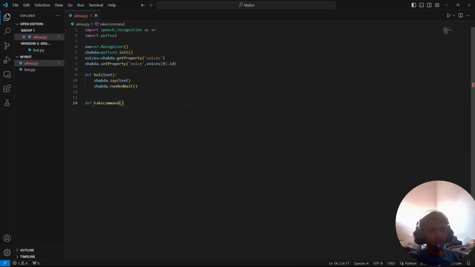inside this take command, we'll take some command from the user, correct? So what commands can the user give? First of all, let's initialize this with an empty string so that it won't give us an error. After this we'll use a try and except block so that if there is no input, there is no error there, correct? So inside this try block, we'll say with, we want to take input